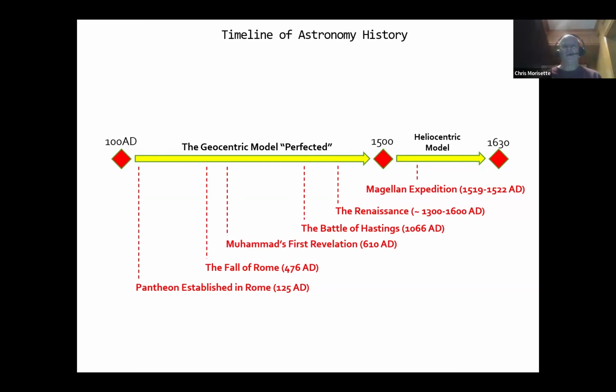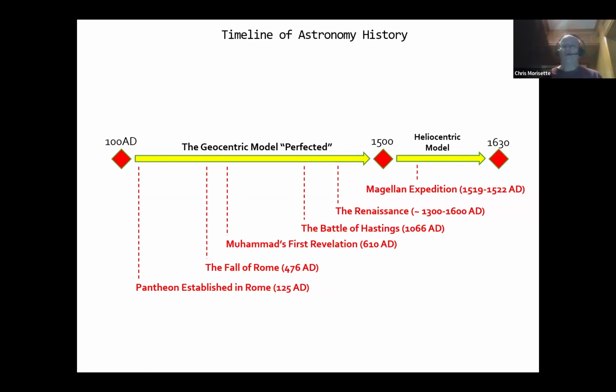There's some comments I want to make on this before we go to the details. And you'll notice that the geocentric model is a period of time that lasts from 100 to 1500 AD. So that's 1400 years. And you might think, wow, that's amazing. There must have been a lot of work going on with the model during that time. And there really wasn't. It was one person, Ptolemy, that put the model together and left a lasting record that lasted over a millennium. So that's why you see such a long period of time here.